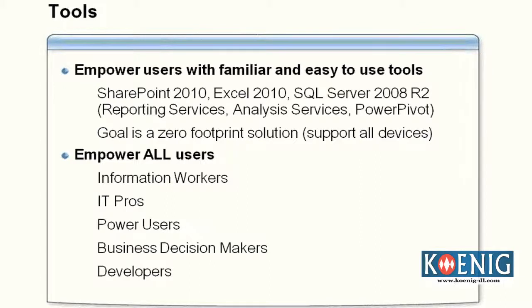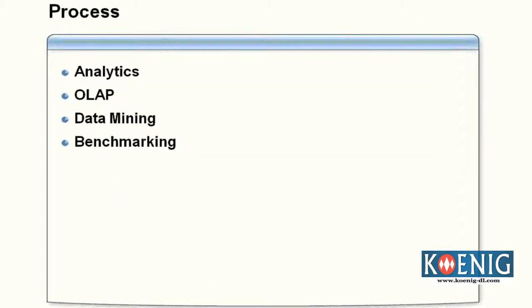Then here you have the processes. First one is analytics. From the analysis point of view, you need your analysis server, which means you need to gather the information. If I am not able to analyze my data, or don't have enough data for decision making, my decision will not be accurate.